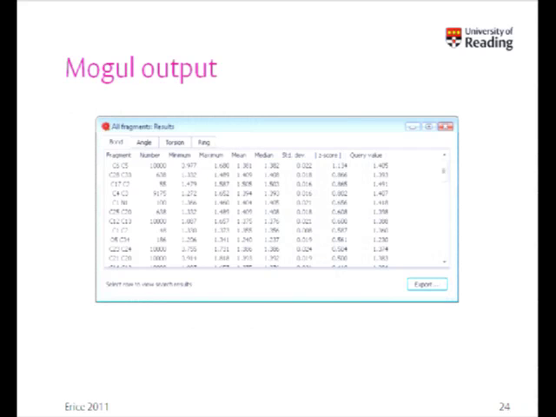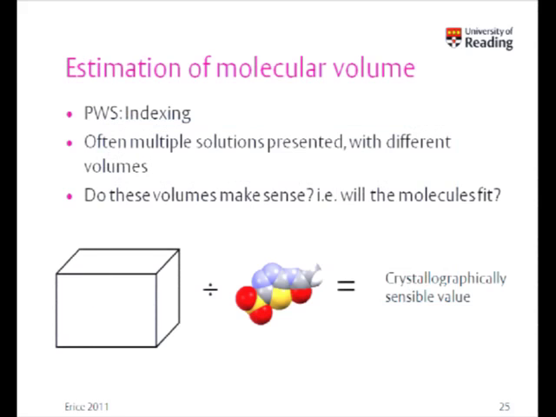Here's an example of the output, where you can see that this has been toggled for just the bond lengths at the moment. It will tell you the number of times a bond has been found, where its minimum, maximum, and mean are, and what the observation is within the structure. And then it will calculate this thing called the Z-score. The higher that is, the more it has deviated from the distribution. The lower it is, the more consistent it is with observation. So a very useful tool in structure verification.